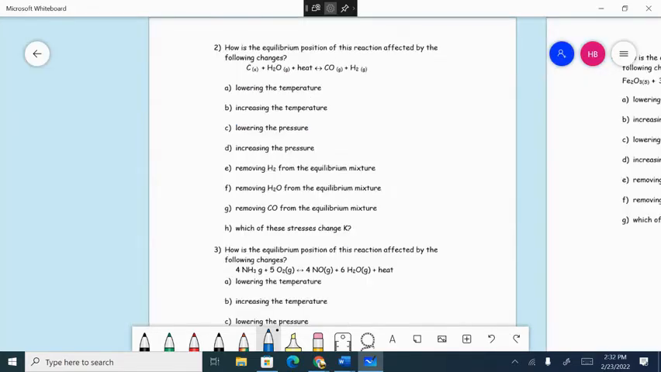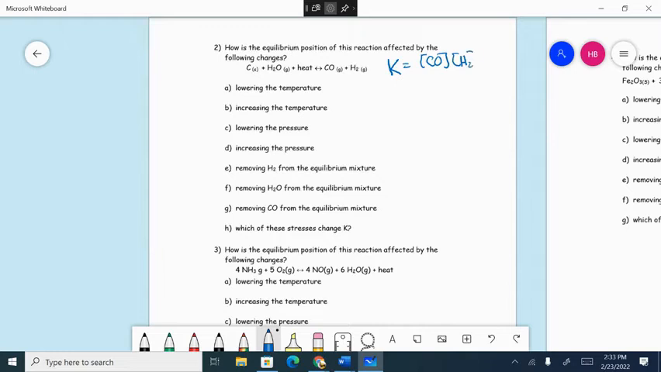Okay, let's look at this next one. This one's a little bit different. This is called a heterogeneous reaction, meaning that carbon is a solid, H2O is a gas, CO is a gas, and H2 is a gas. So heterogeneous means we have different states of matter. Remember, when it comes to K, we're going to ignore the solids and liquids. So the K for this becomes